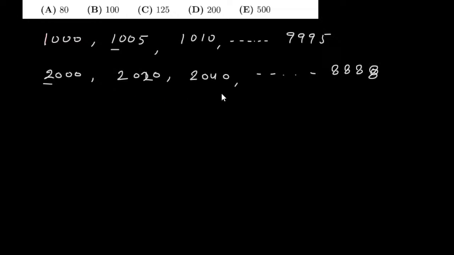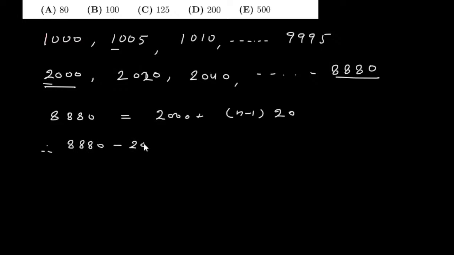Now here if I see, they are all divisible by 20. Now 8888 is not possible because it has to be divisible by 5 also. So then 8880 is going to be the last number. So your first number is this, your last number is this, and the common difference is 20. So you will say that an, which is 8880, is equal to a plus n minus 1 times d. So the common difference here is 20. So therefore